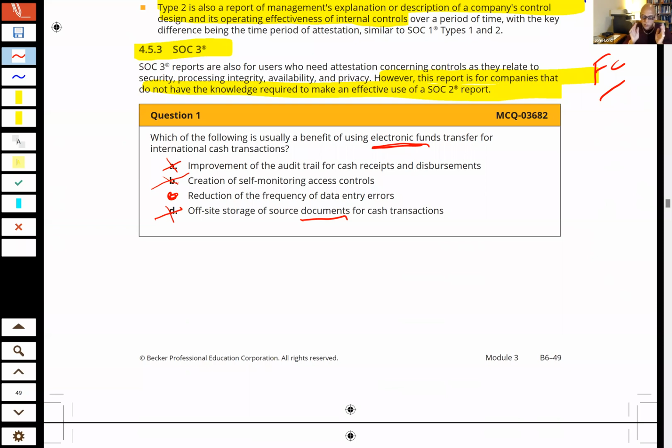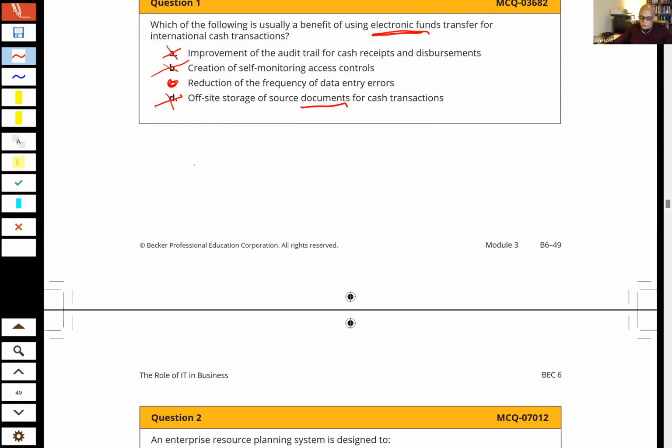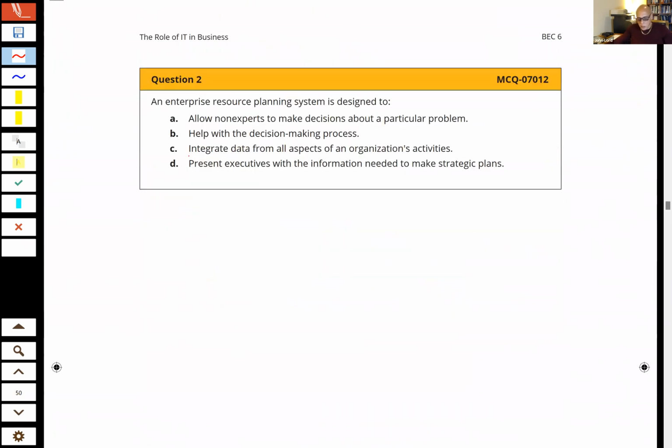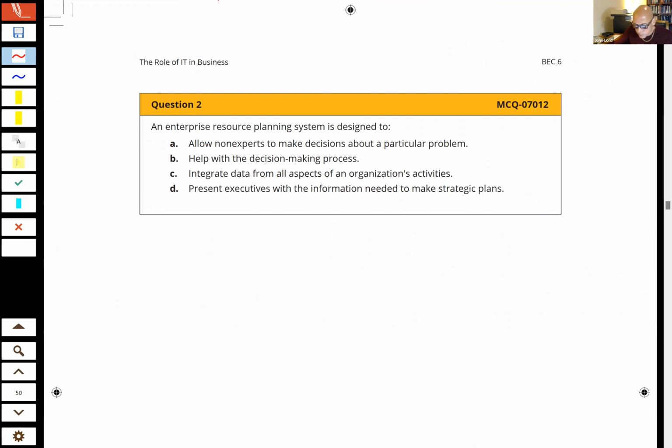What happens? Well, you go through and you set up this transfer, and it's not like it has to have a check that then has to be put in by somebody else. When they get the check, they have to enter it. It just all happens electronically, right? And so that would be an advantage. Okay, good. Let's go ahead and take a look at question 2.